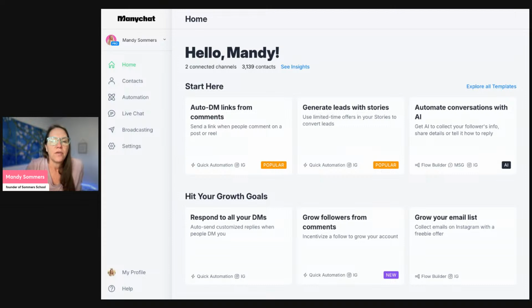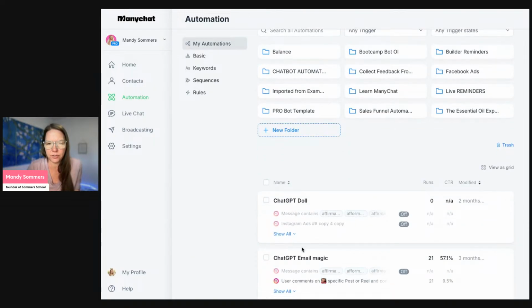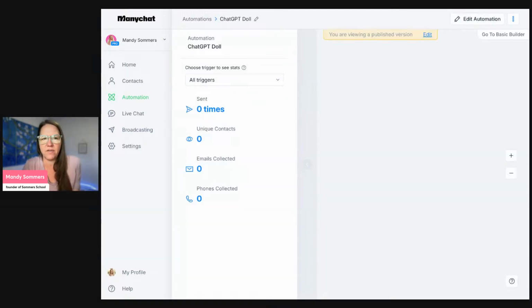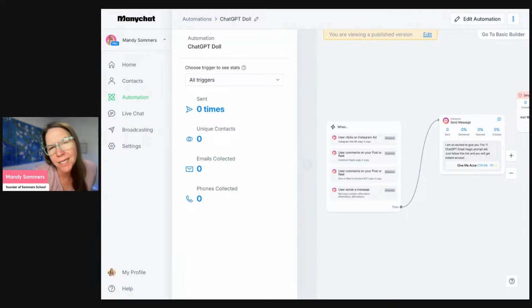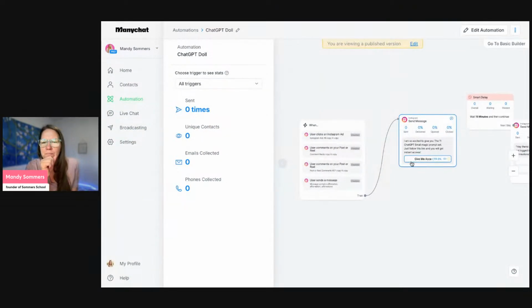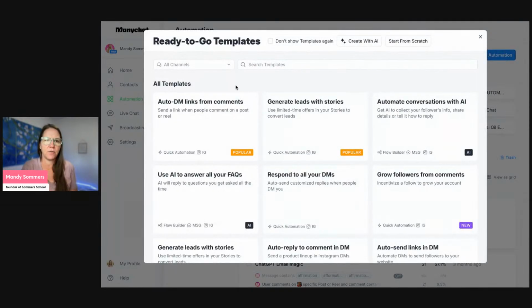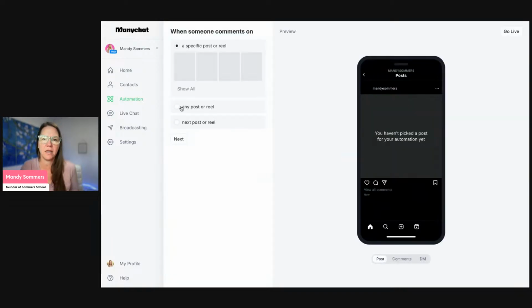Okay, so you have to think of this in terms of what do we want them to do? We want them to comment. So we're going to come over into automations here. I'm going to click into this one. This is one I never used. I thought about using it and I didn't, because I didn't have the time to create a post about this. Maybe what I should do is create a brand new one. So this is going to be auto DM links from comments right here. So we're going to click into that template,